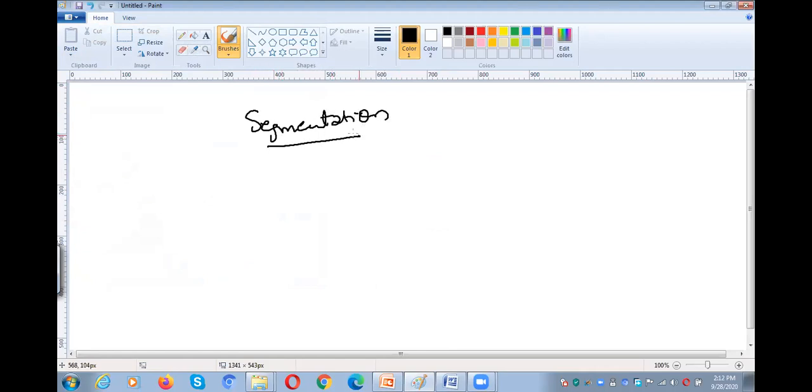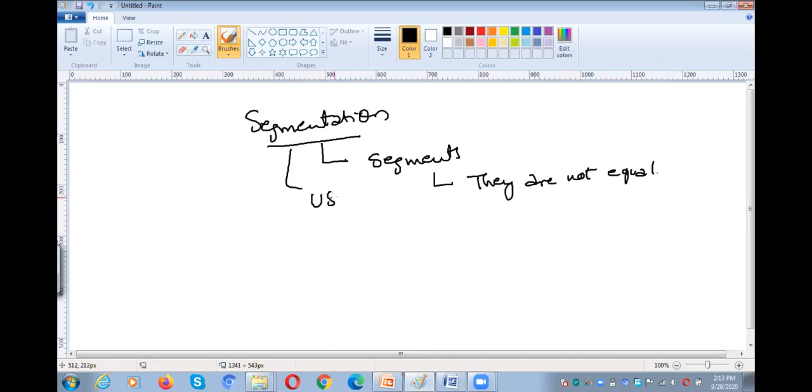Earlier, in the paging concept, the logical address space is divided into pages. Now the logical address space is divided into segments, and they are not equal. You need to understand that pages are of equal size, but segments are not equal. They are of different size, right? That is the reason why segmentation is relevant to the user view. Whatever we have in real time, the same thing we can implement with the help of segmentation. Okay.